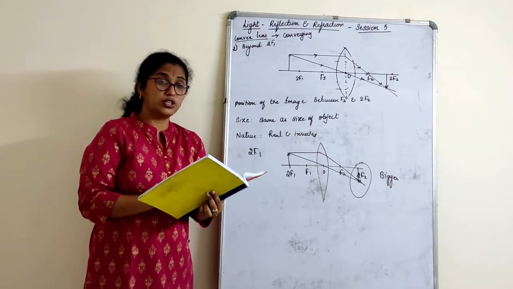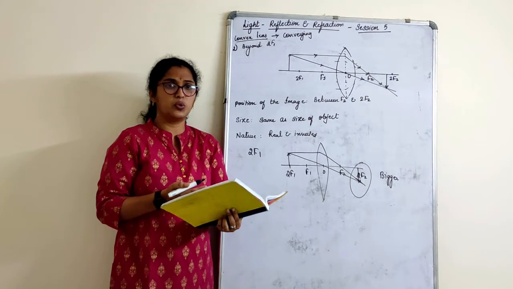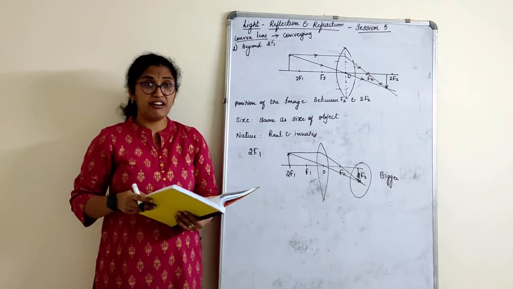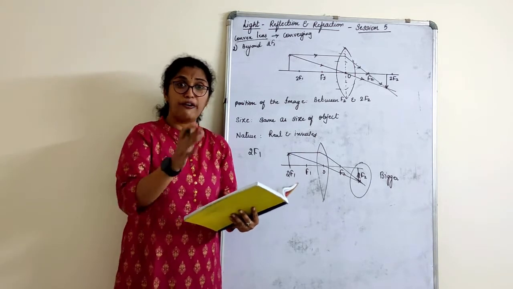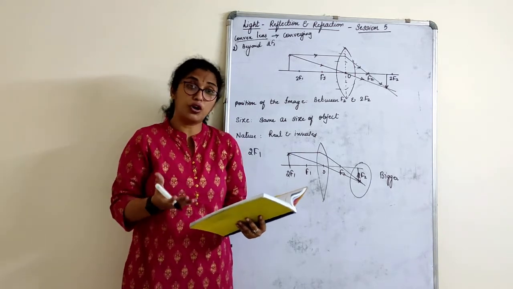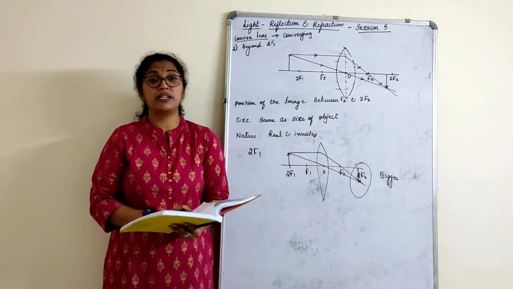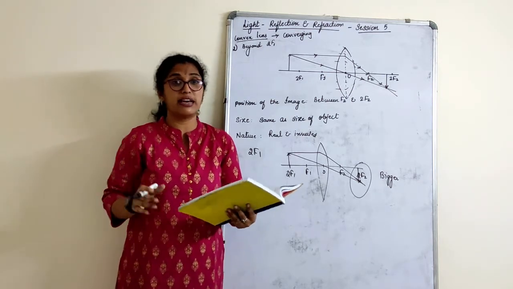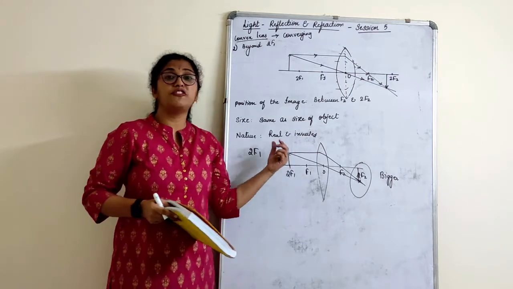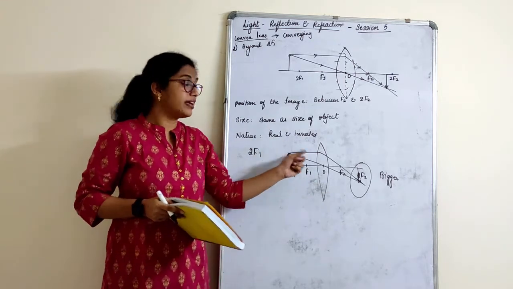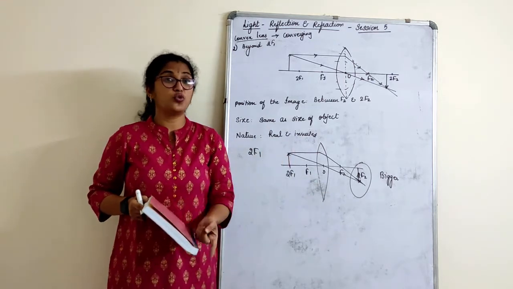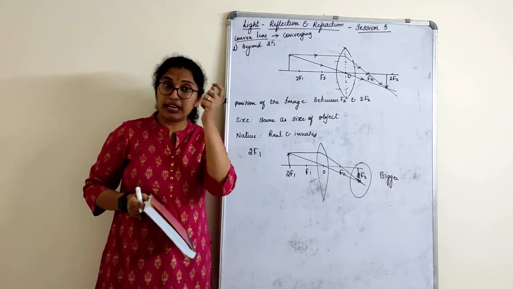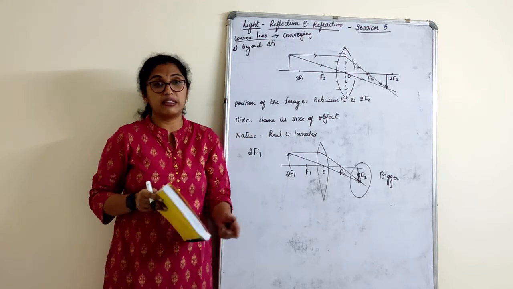Now what should we know, teacher? Which should be drawn next? It's given in the notes, children. I know, but the thing is, you can't copy ray diagrams. Why? Because even if I show you, you have to do it like this. You should know how to draw first of all. You can't just be drawing and manipulating the lines and saying that yes, I got it here. You can easily come to know if you have manipulated the ray diagrams, because first of all you should know the rules for the ray diagram. Unless you know the rules, you cannot copy the ray diagram given in the book, right?